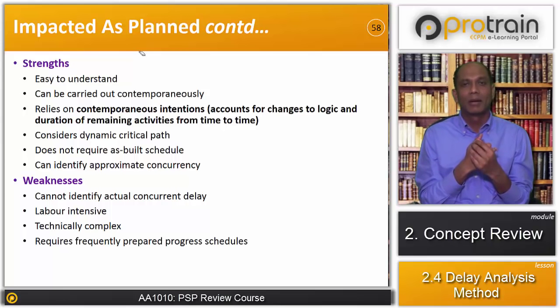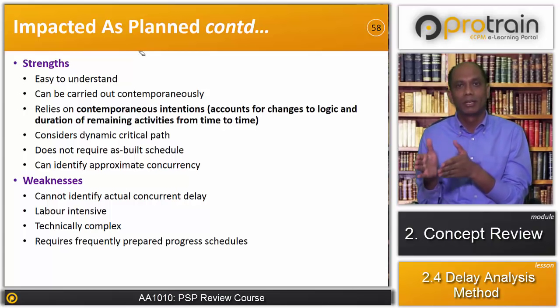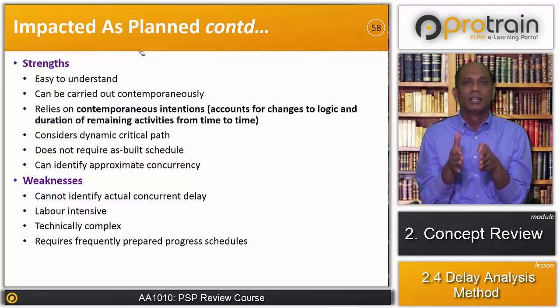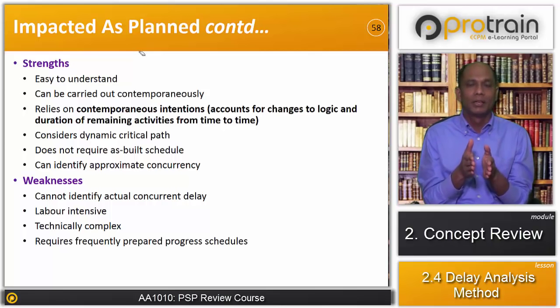It requires a frequently updated progress schedule. That is one of the most important requirements. If you don't have a frequently updated progress schedule, we cannot perform this analysis, for the very reason that the base schedule is the update just prior or near prior to the delay event. So we want a frequently updated schedule. So with this, we complete our methods of delay analysis,